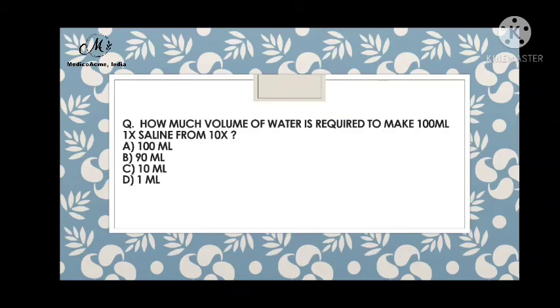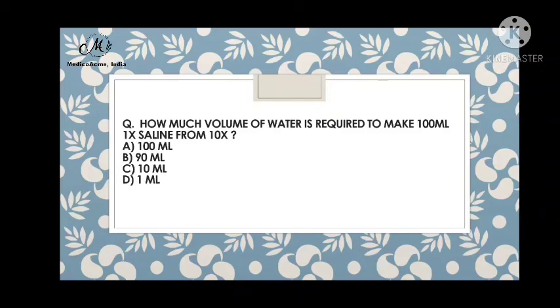So guys, 100 into 1 equal to 10 into x. 10x equal to 100 simply. So x equal to what? 10 ml. But what is that x? That x is the volume of 10x saline. So to make 100 ml, you have to minus that 10 ml from the 100 ml. So 90 ml of water plus 10 ml of 10x will give you the 1x